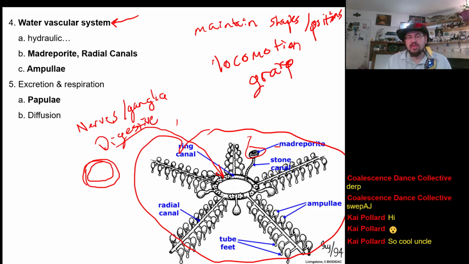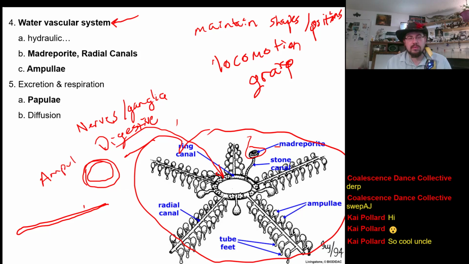So that's surrounding the circular canal, which surrounds that viscera, right? From there, we move from the ring canal, the circular canal, to the radial canals. Radial canals are present, if your echinoderm has them, in each arm. So radial canals come off of the circular ring. Attached to the radial canals are